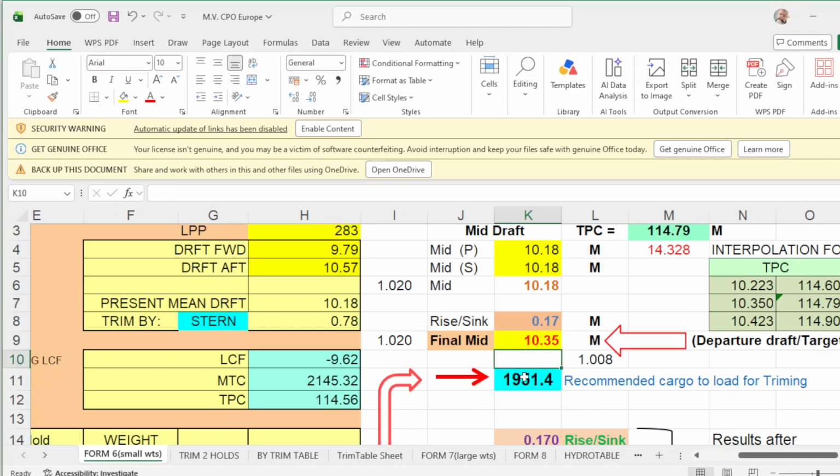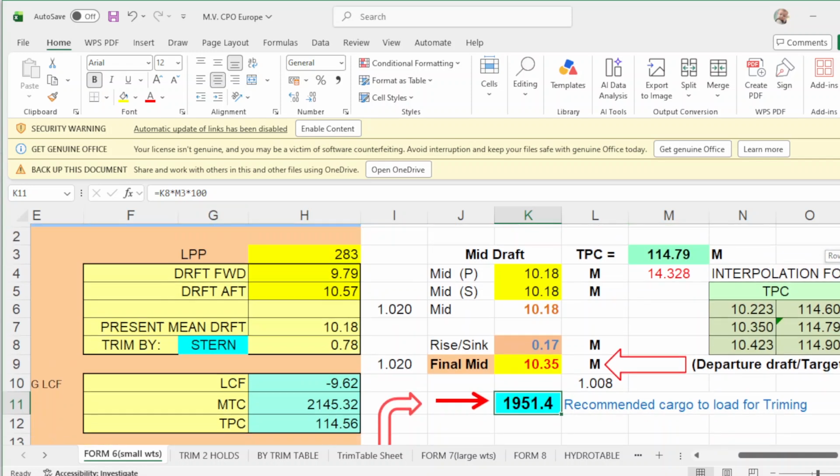Your required sinkage is 0.17 meters or 17 centimeters, and your recommended cargo to load for trimming is 1951.4. So how did I get this one? You click this one, then here's the formula. It will be K8, which is column K, row 8, that will be your sinkage, times your M3.